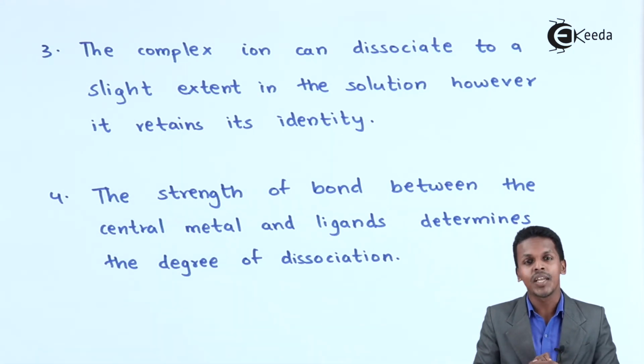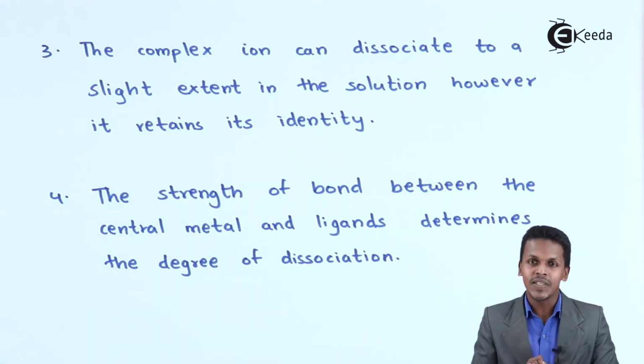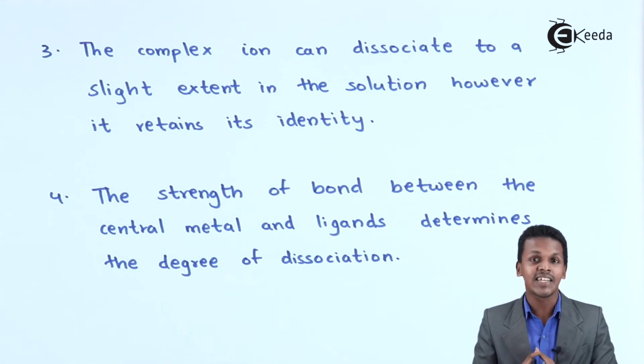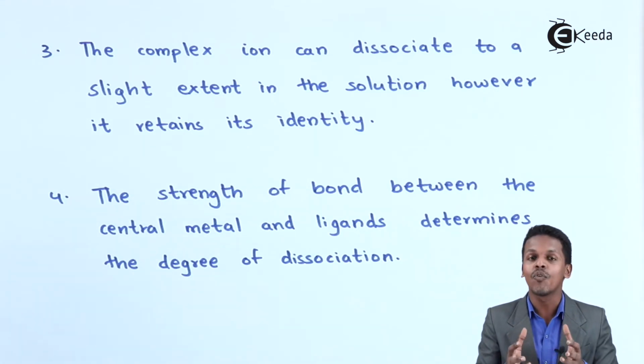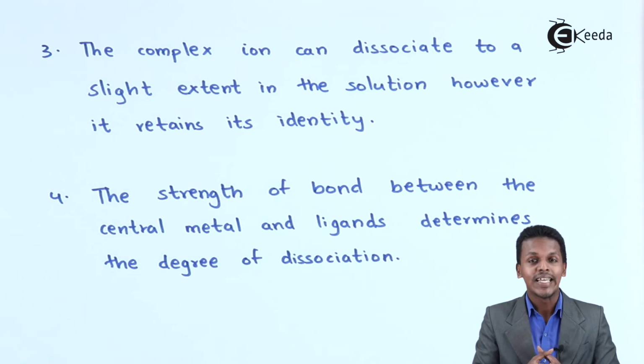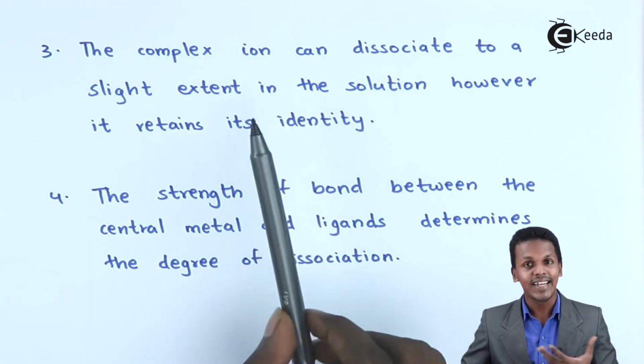So for example, suppose Fe2+ ion is surrounded by cyanide ligands, it will not dissociate as much compared to when the Fe2+ ion is surrounded by the thiocyanate group. The reason behind that is CN- ligands are strong field ligands, and obviously they will form a strong interaction with the Fe, and that is how basically the dissociation is slightly less compared to the dissociation of Fe2+ ion with the thiocyanate ligands. So this is what it depends upon.